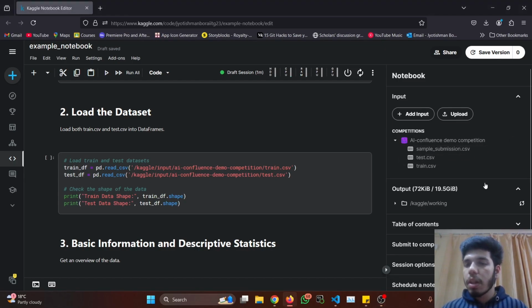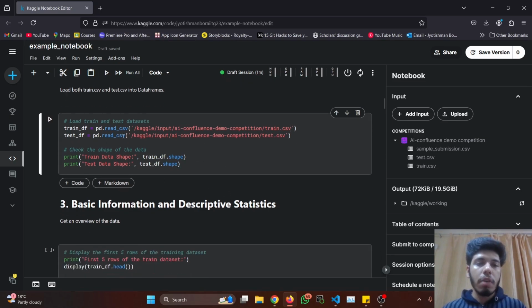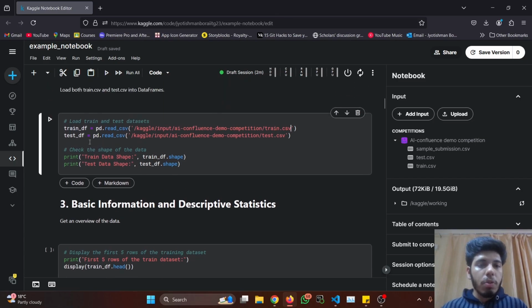From the dataset, whatever file you want to have the path to, you can click the copy button on the right side. If you click this button, the path to this file will be copied, and you can paste this path anywhere. Like this you can paste the path to the training files and test files, everything in this notebook. So after setting up the path to the data, we have